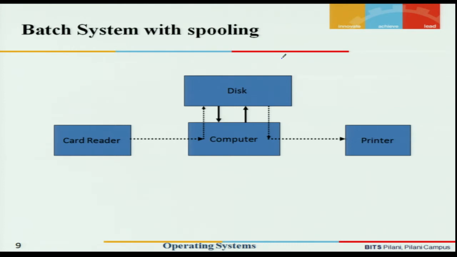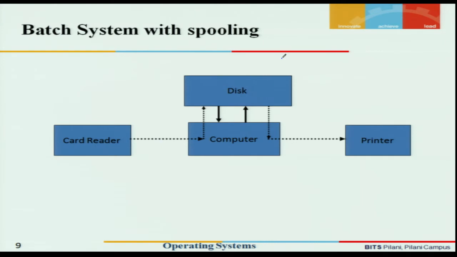Card readers were slow. So in an offline mode, the information from a card reader can be read and kept onto the disk. When the computer would execute, it would read the data and code from the disk, execute the program, produce all the results, and put them back onto the disk, rather than